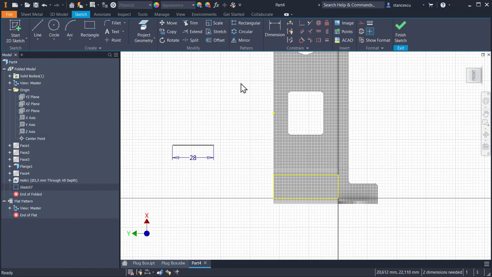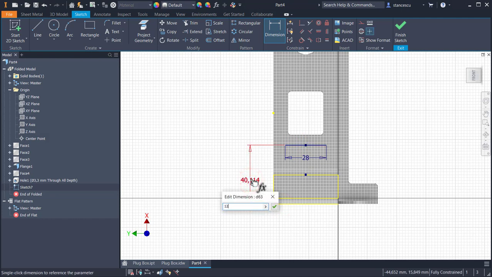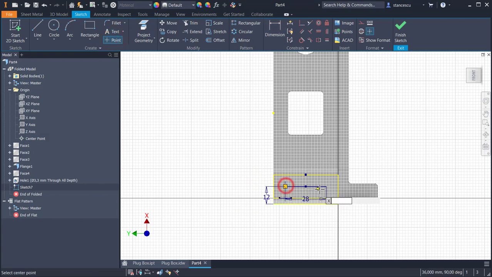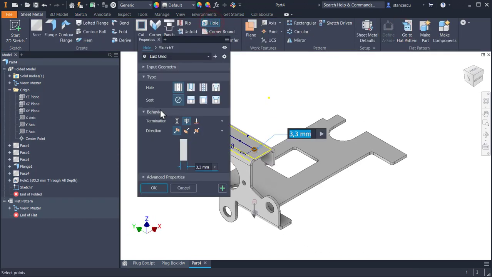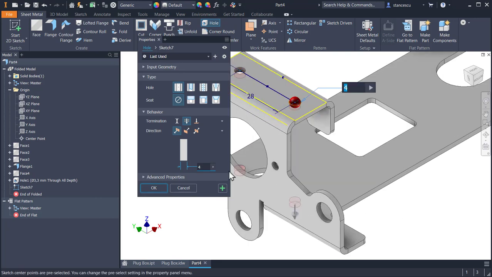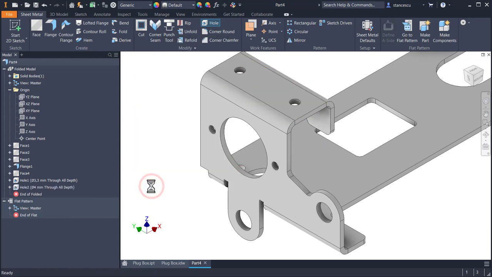So I place on the same horizontal this midpoint with this midpoint, and a distance of 12 on the other direction from the bottom. 12. 2 points, 1, 2, finish sketch, and hole, not 3.3 but 4, and through. You see, they go through all the part. Okay,